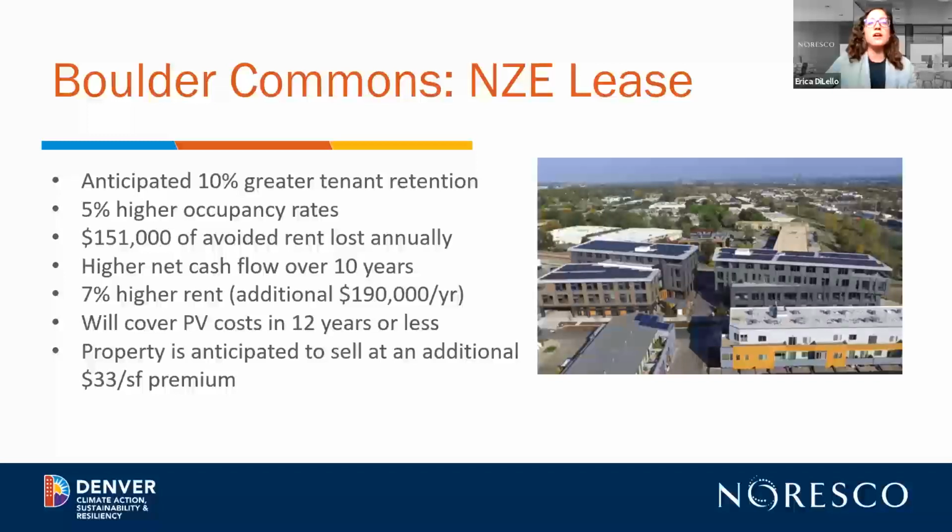So this led to an increase in revenue that eventually ended up helping cover the cost of PV over the next 12 years or so. As I showed in the previous slide, this project was completed in 2017. So still got a few more years on that. And in addition, when the property is sold, the anticipated premium is $33 per square foot for the developer to regain. And then to determine the fair energy charge, Morgan Creek Ventures, the developer and landlord for Boulder Commons,